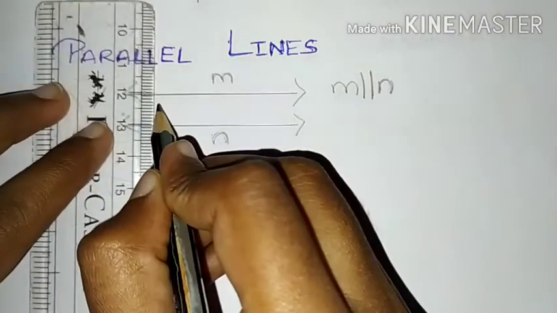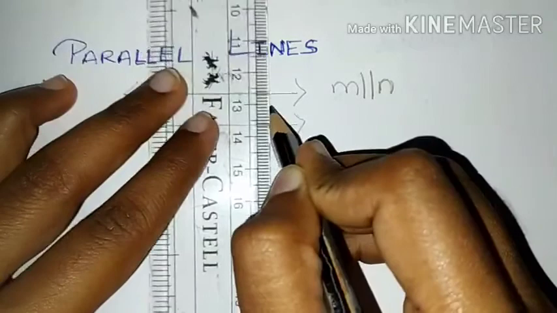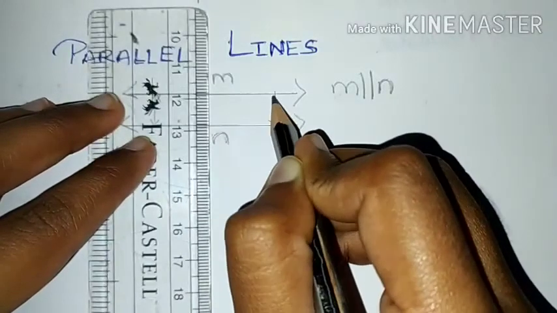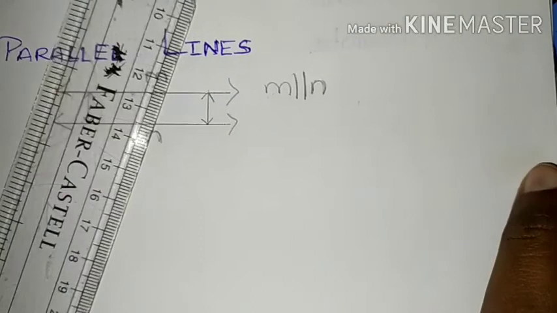They have a fixed distance between them. They always have a fixed distance between them, no matter from where you measure them or from which point you measure them. Whereas when the lines are non-parallel,